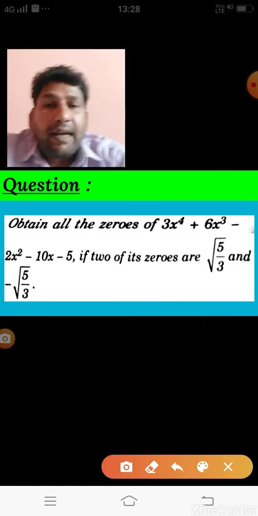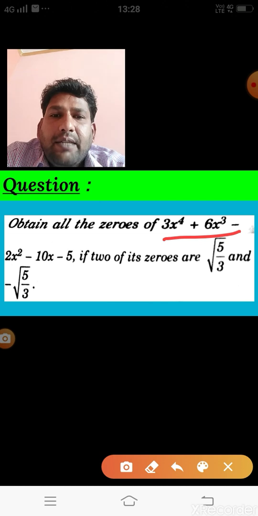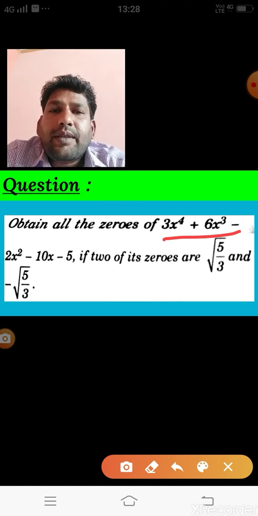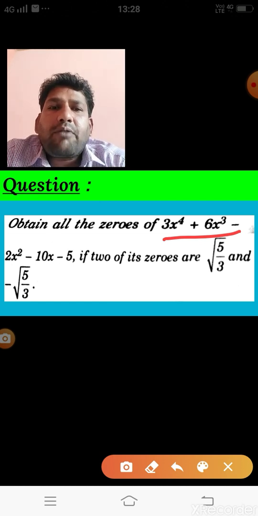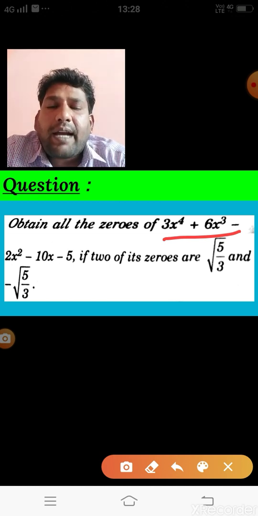And if it is a factor of the given polynomial, it means that if you divide the given polynomial by the factor, you always get the remainder 0. We have done these kinds of questions in class 9th also, using the factor theorem. We factorize the given polynomial using the factor theorem.